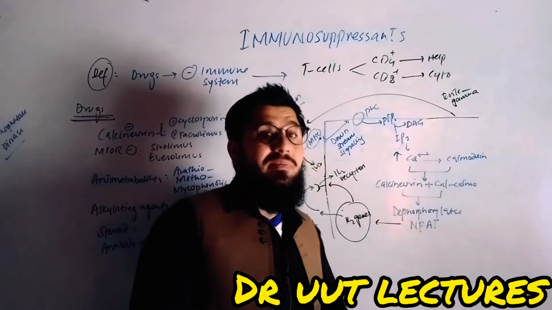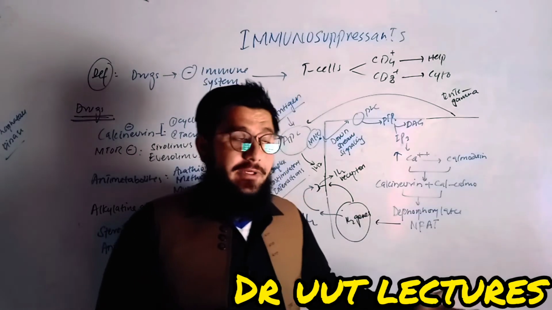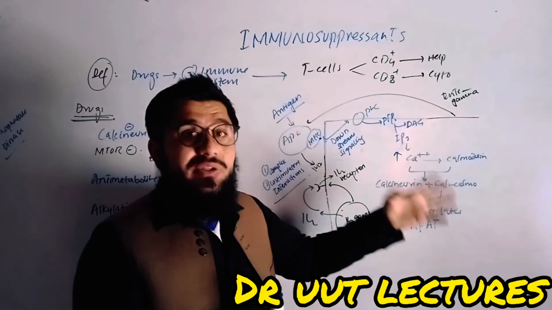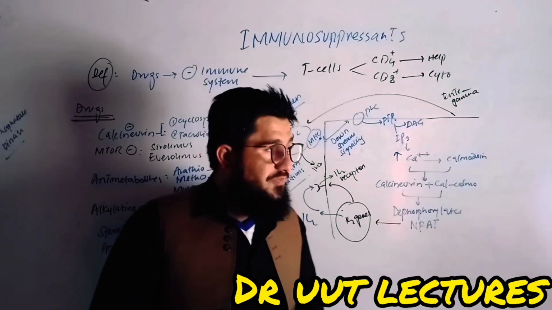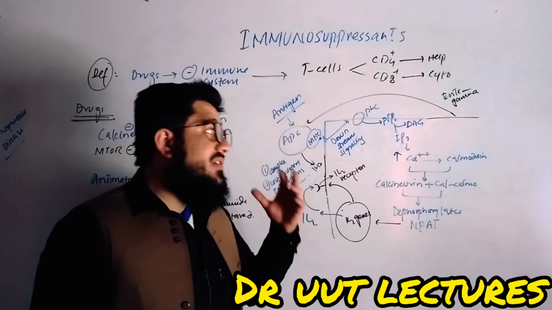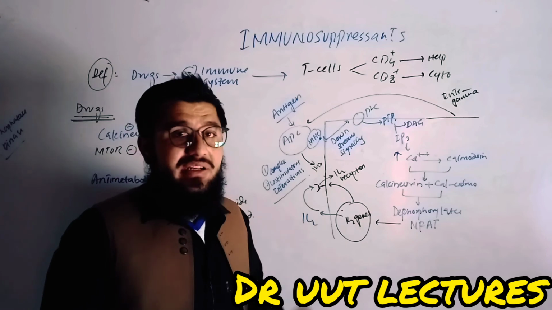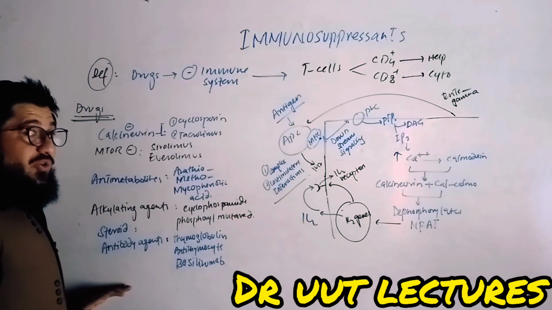Now when this T cell becomes activated, it will further activate some more T cells like natural killer cells or helper T cells. This will then go towards doing its action, that is, the immune action in the body will take place. Now in certain cases we don't need this immune action, like in autoimmune diseases. So we take help from drugs, these medications. We use these medications